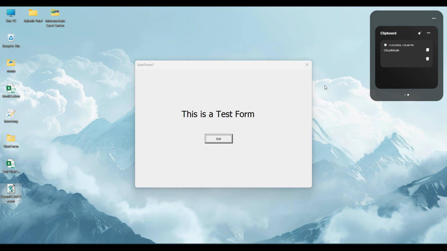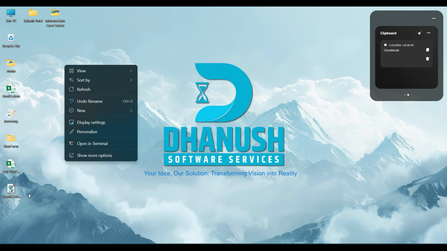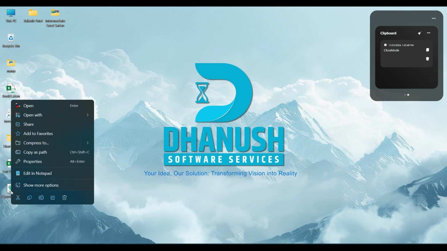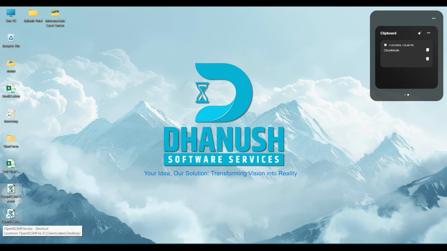Now, one more thing is important. Let's see how we can modify the icon and hide the information that this is a VBS file. To do that, we need to create a shortcut. So let's right click and create a shortcut first of all. In this shortcut you can do several things.